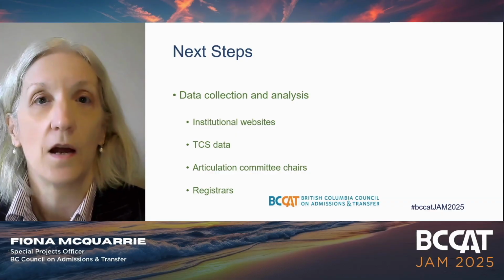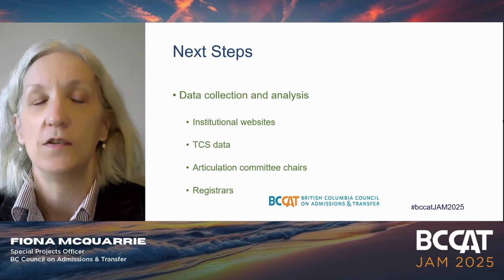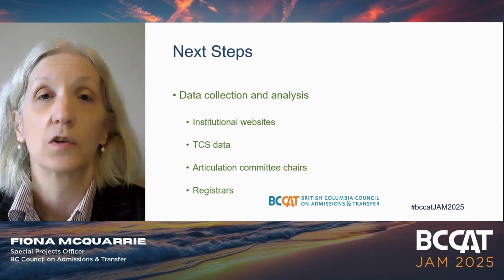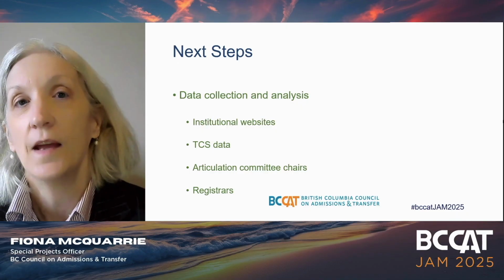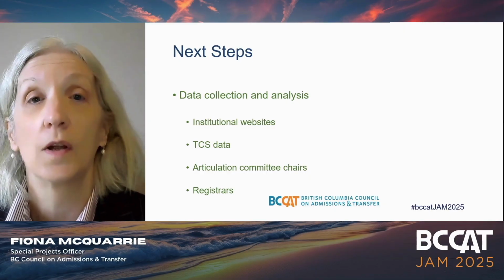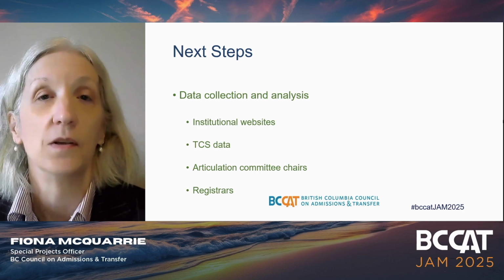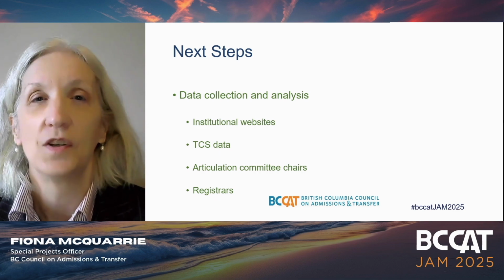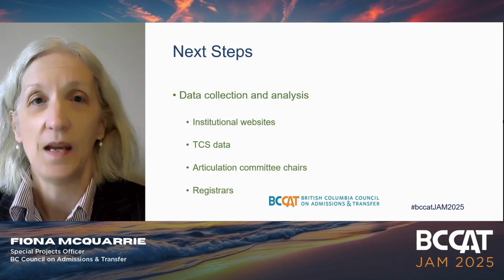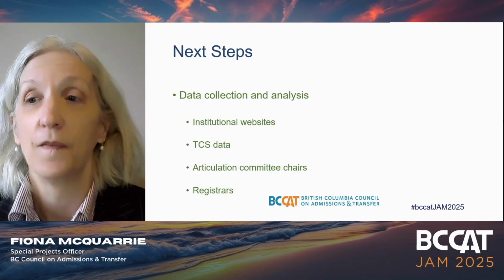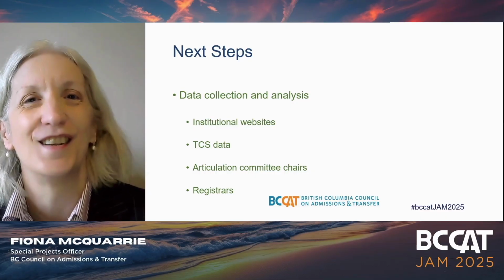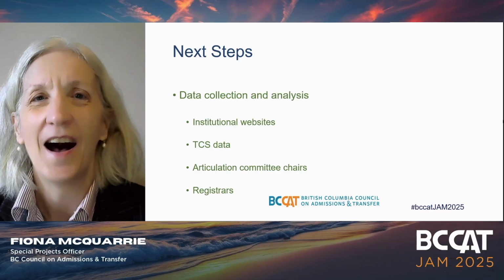I'd also like to survey articulation committee chairs and registrars, because these are often the staff and the subject matter experts at institutions who deal most closely with transfer credit requests. And I'd like to ask them about things like how often do students appeal transfer credit requests or outcomes, and how often are those appeals successful, and also just generally around the types of transfer credit requests that they receive. How many of them seem feasible? How many of them are what we would call in sports the Hail Mary: I'll file this and see if I get the transfer credit for it, just to get a sense of where